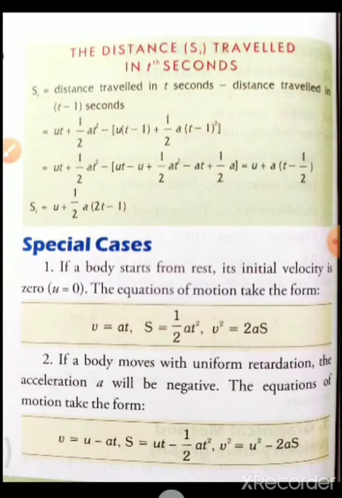Next, by putting v is equal to u plus at from equation 1 in equation 2. Just in equation 2, directly put the value of v, that is v is equal to u plus at. What we will get after putting is s is equal to half into u plus